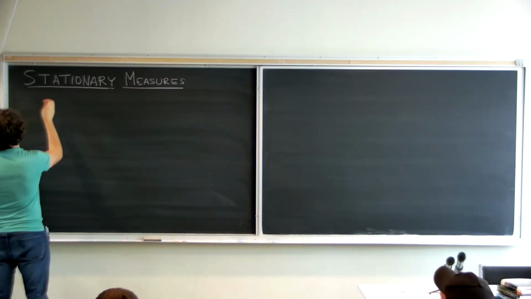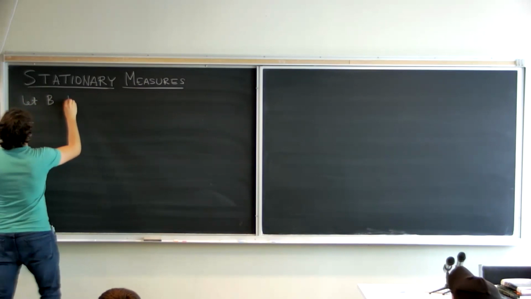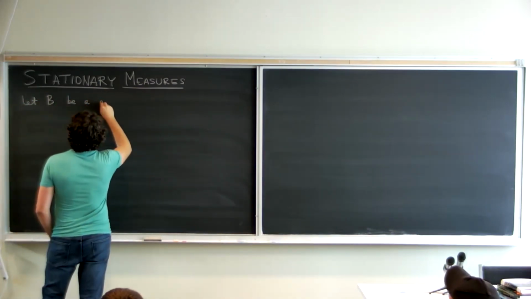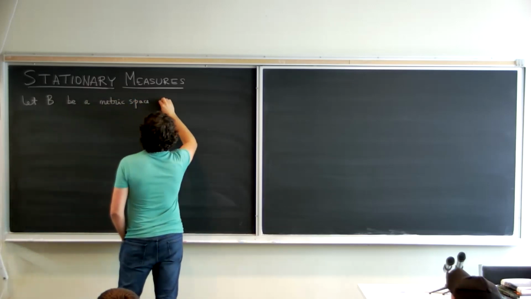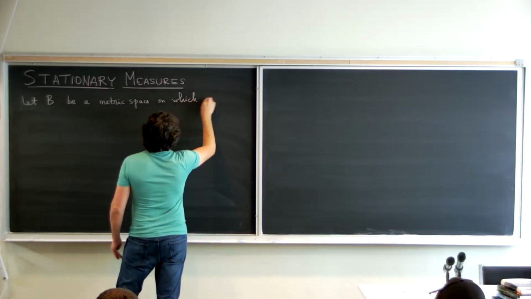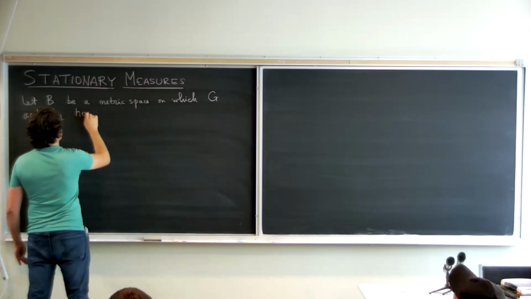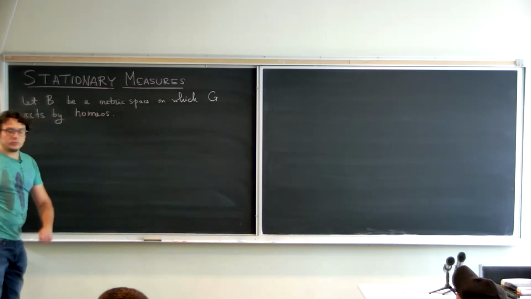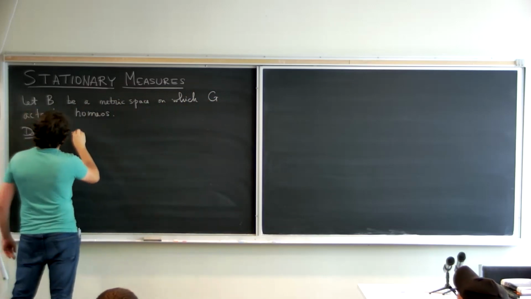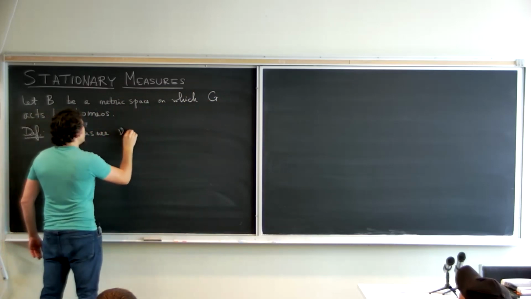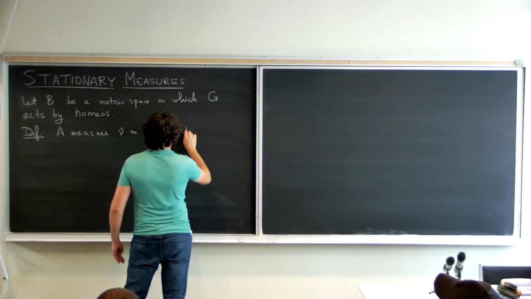So we start with a so-called G-space. Let B be a metric space on which G, a group, acts by homeomorphisms. And we say that a measure nu on this B, which we think of as a boundary, is mu-stationary